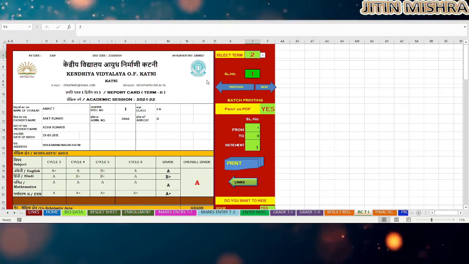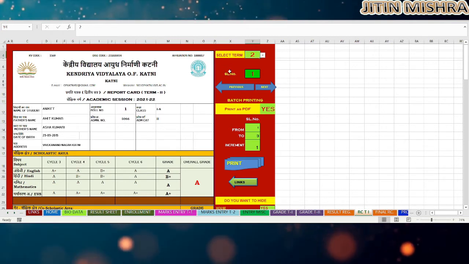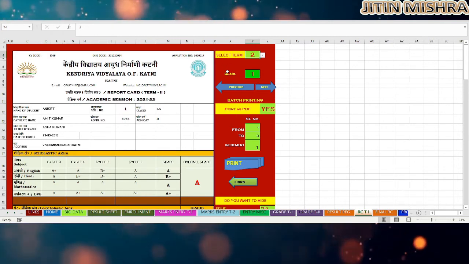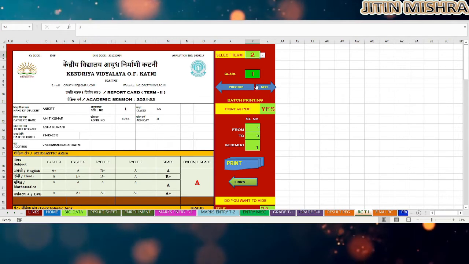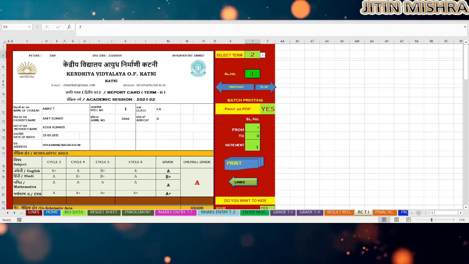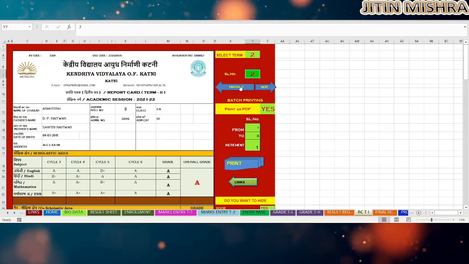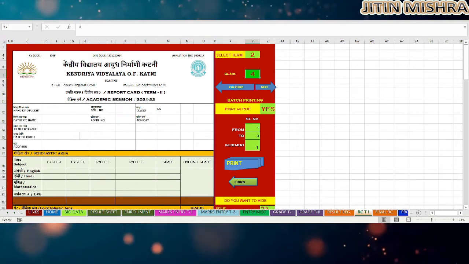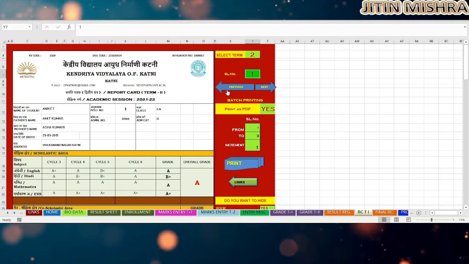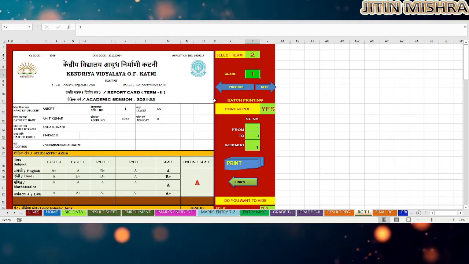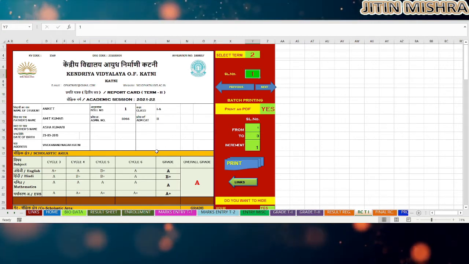Means as per your requirement, you can prepare report cards for both terms separately. Second is movement between different records of the students. The number of records are there, so you can shift yourself to different roll numbers.